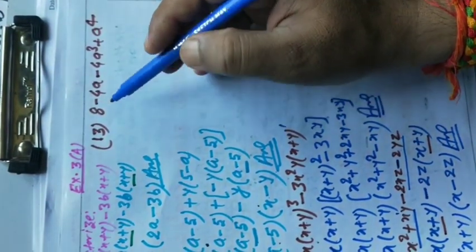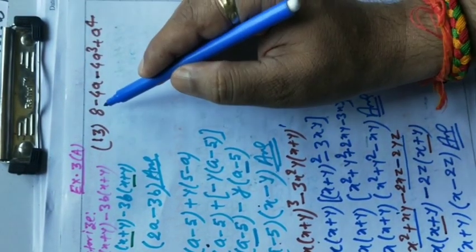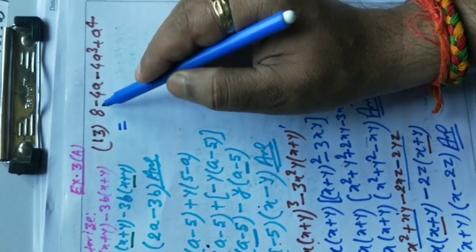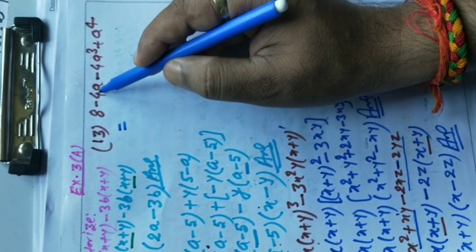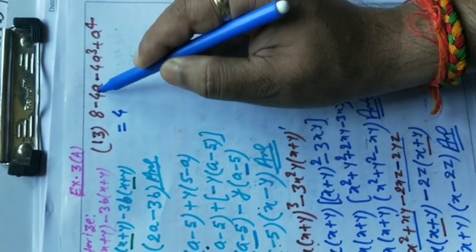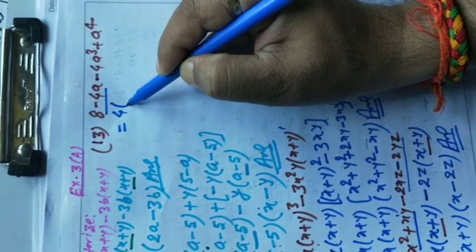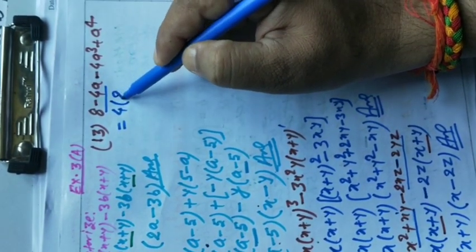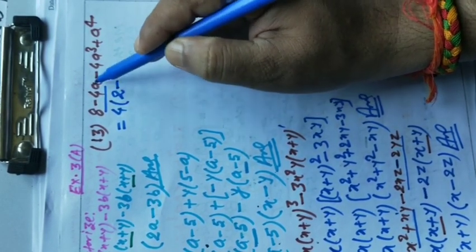So this is similar to question number 11. You have to see the common factor in the first two terms. So here 8 is given, and here 4 is given. So HCF of 8 and 4 will be 4. So 4 will be common in these two terms. In these two terms 4 is common. Then after taking common you have to put the bracket, and now divide 8 by 4. Then what will be left? 2. And minus sign is there, so put minus sign, and 4 is common, so what will be left?